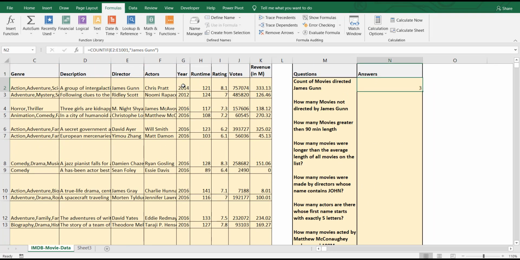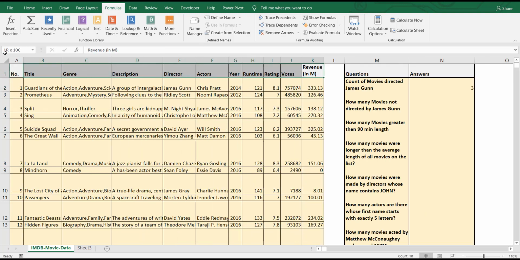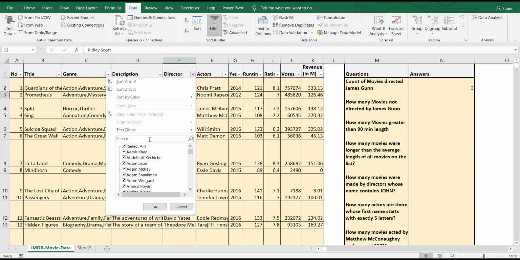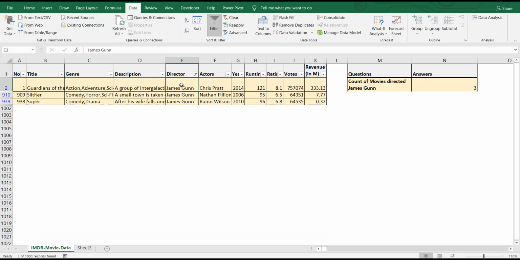So total 3 movies. He directed total 3 movies. It will search how many times the James Gunn name has appeared in this column. So 3 times, so he made 3 movies, right? Let's check. If we apply filter, say James Gunn, you can see here he made 3 movies called Guardians of the Galaxy, Slither, and Super.